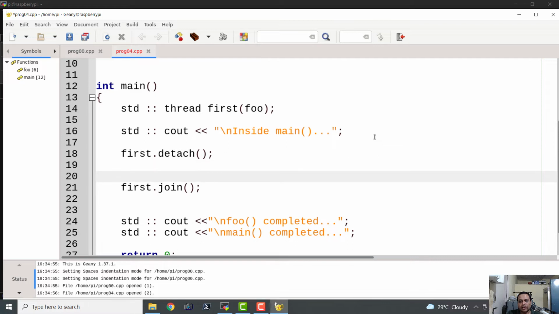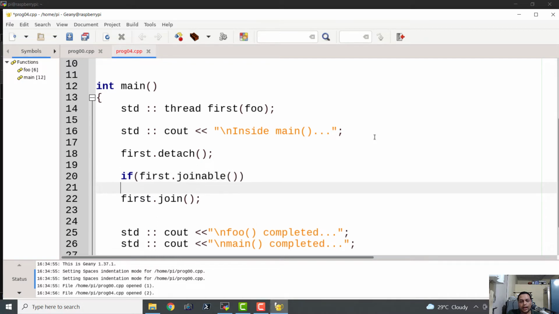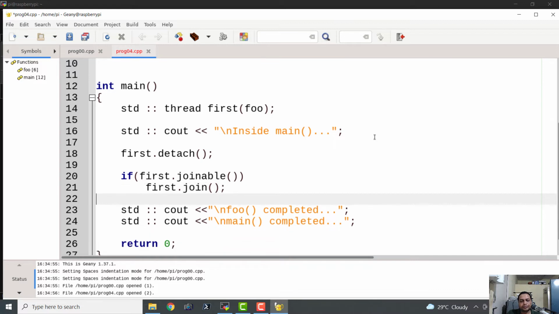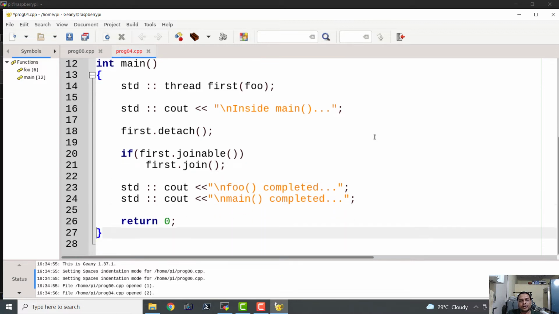Now we can also check if a thread is joinable, and this is the very first time we are checking if a thread is joinable. Yes, so this is the program.